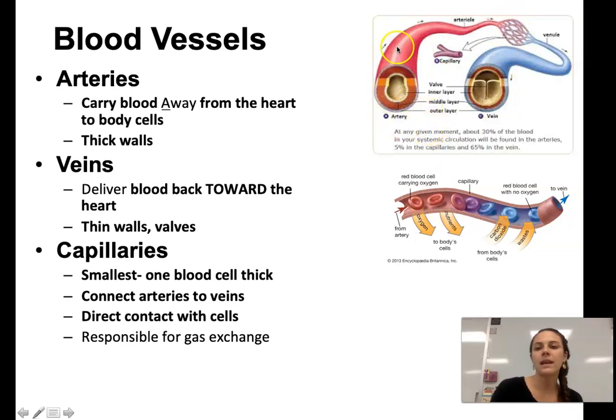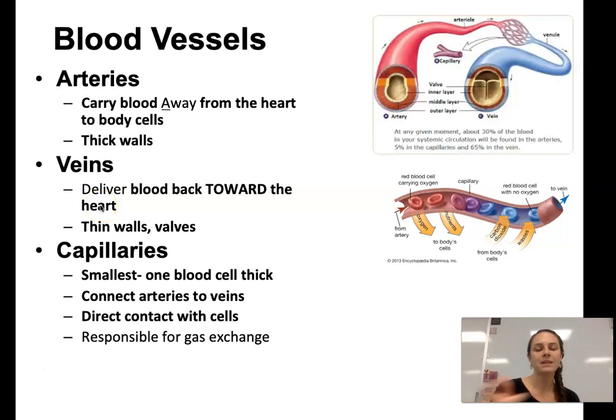You've got an artery that carries blood away from the heart, arteriole, to the capillaries. The capillaries are where this gas exchange happens. So the oxygen-rich blood from the heart goes into the cells, and the oxygen-poor blood comes out of the cells and delivers that oxygen-poor blood through the vein back to the heart. So the veins deliver blood back toward the heart, where they will then get pumped to the lungs through the